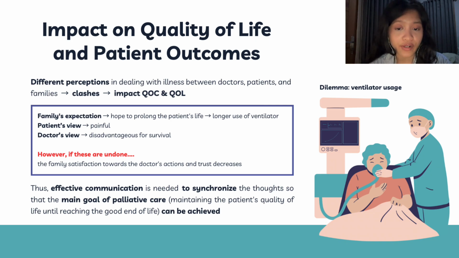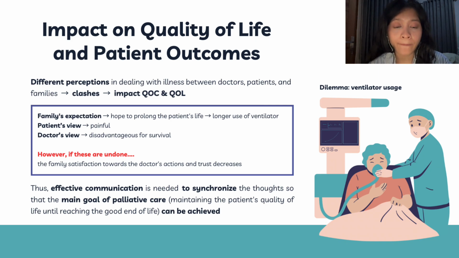A dilemma that often occurs in palliative care situations in terminal patients is the family's expectation to prolong the patient's life with certain interventions, such as cardiac resuscitation or prolonged use of a ventilator, whereas these aggressive interventions are actually painful and disadvantageous for patient survival. However, if these are not done, the family's satisfaction towards the doctor's actions and trust decreases. Thus, effective communication is needed, as the main bridge to synchronize the thoughts of them all, so the main goal